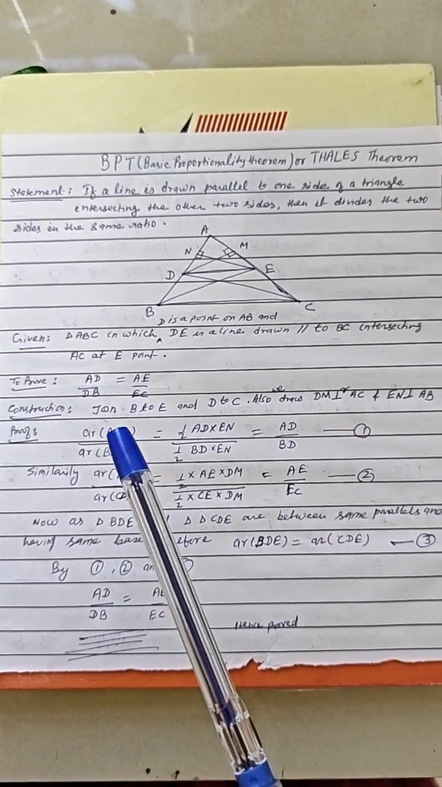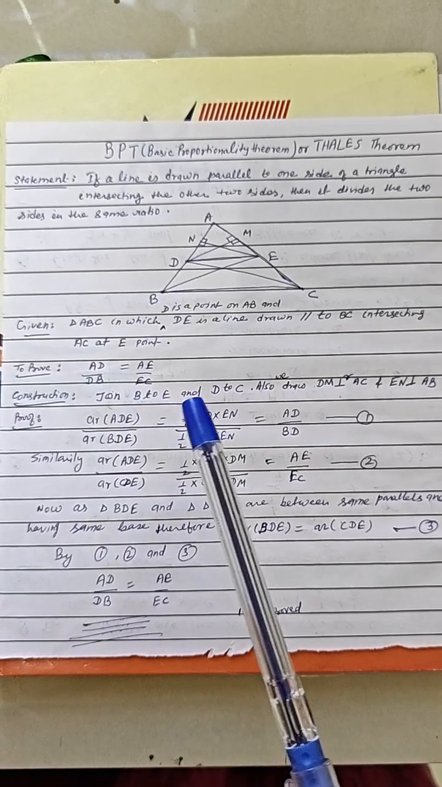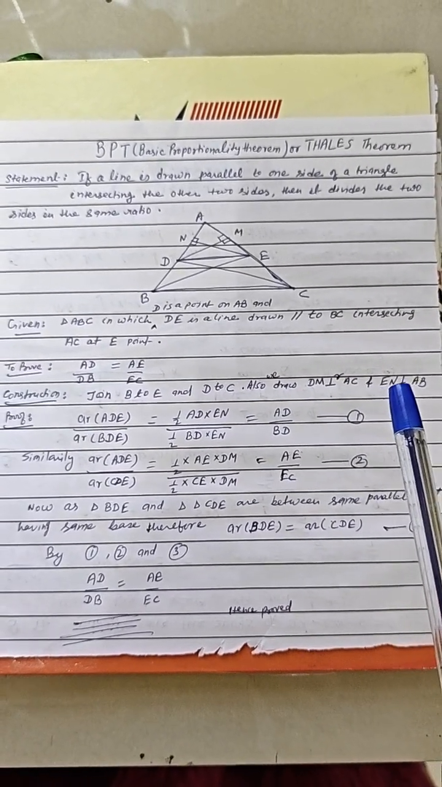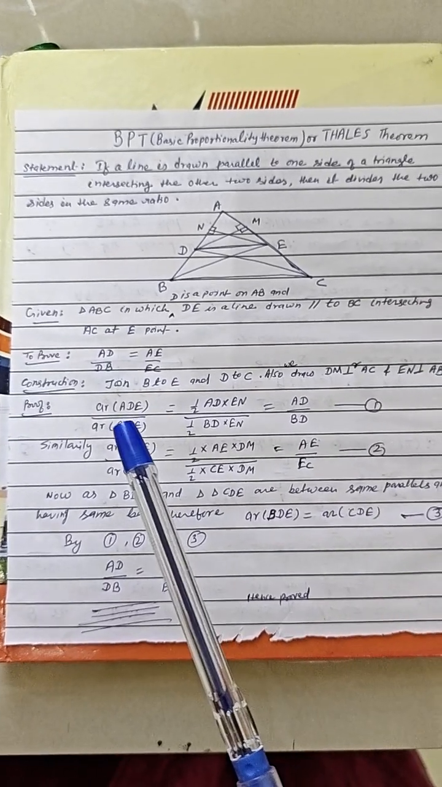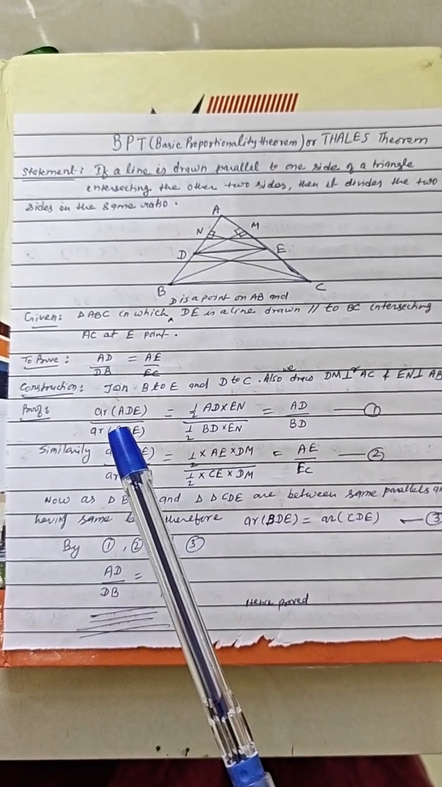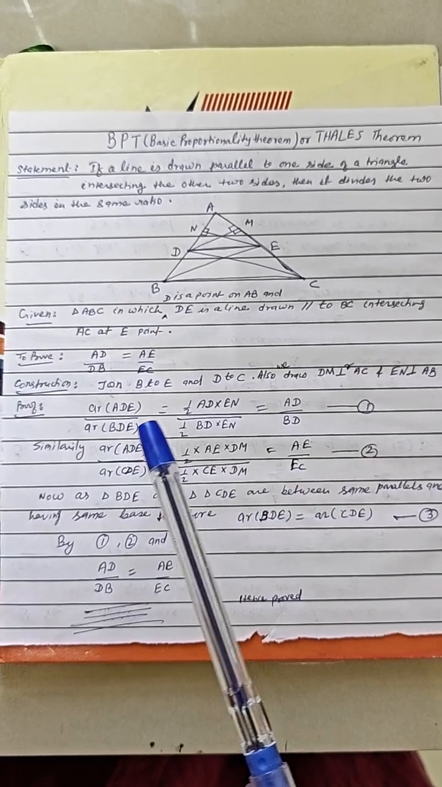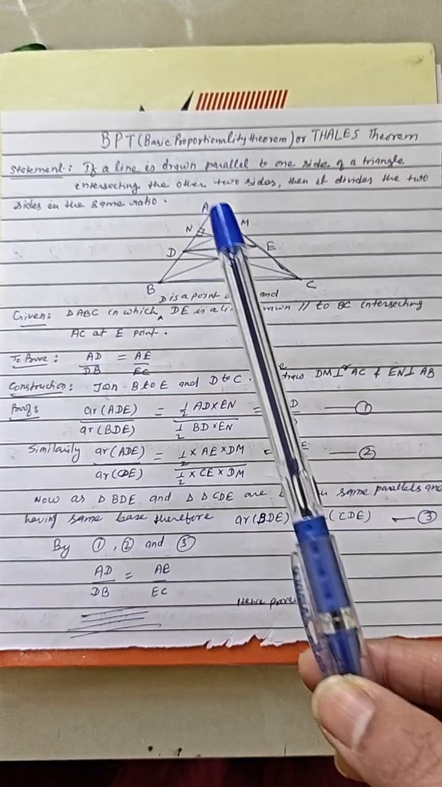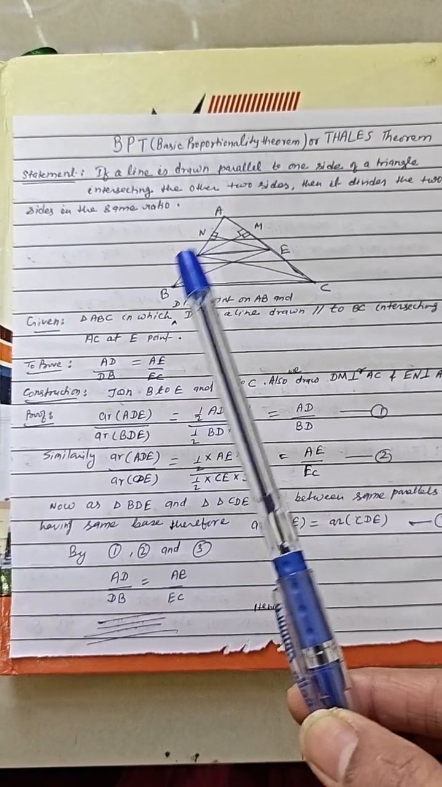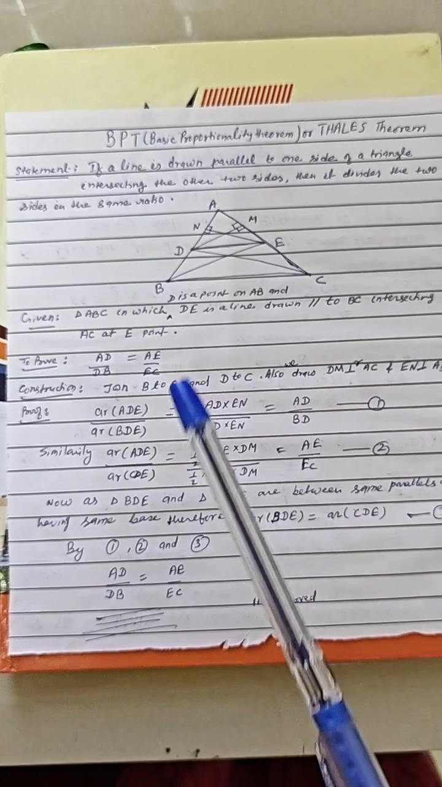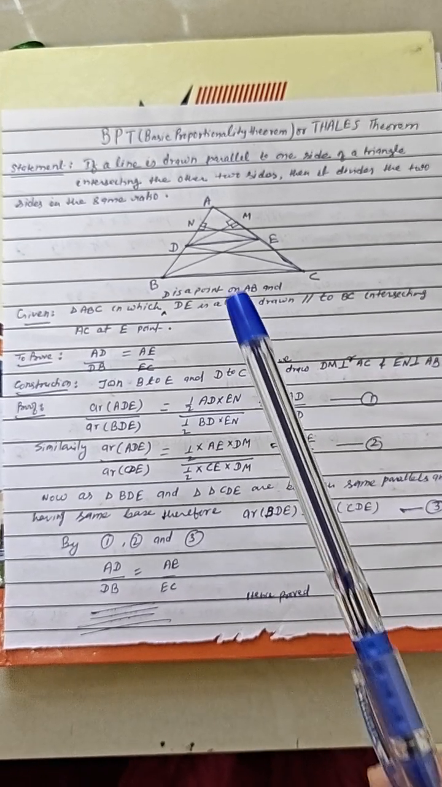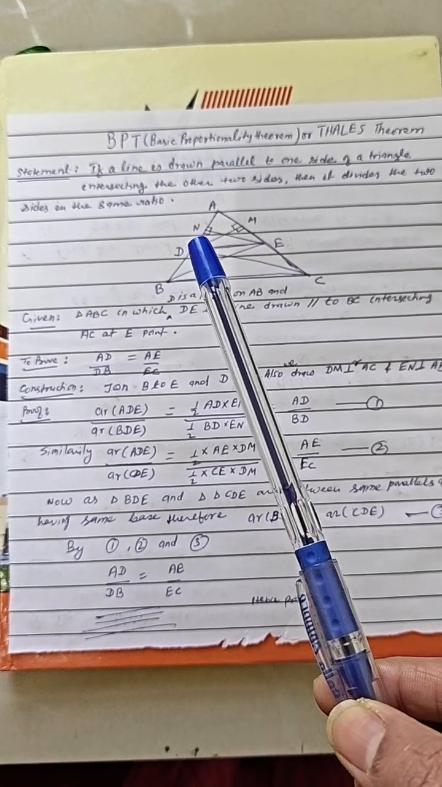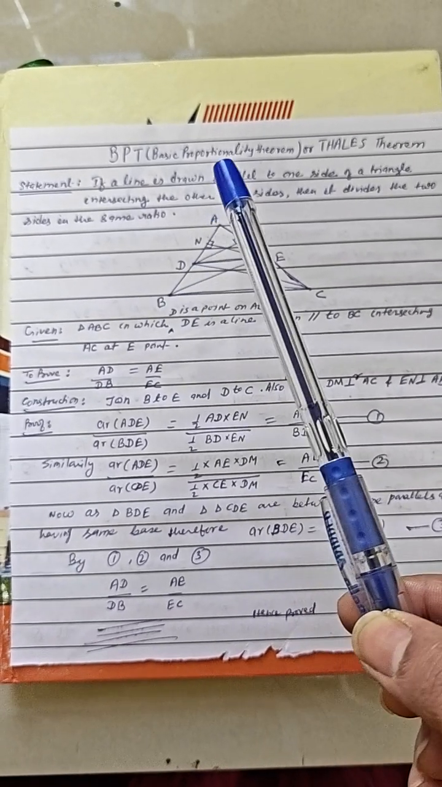Now the proof. Join this construction B to E and D to C, and also we draw DM perpendicular to AC and EN perpendicular to AB. Now, area of triangle ADE upon area of triangle BDE. You know that area of triangle is half into base into height. So for ADE, take base AD and perpendicular EN, so half into AD into EN, and area of BDE will be, this is base BD, and for this BD,